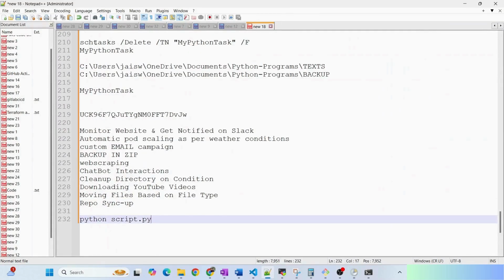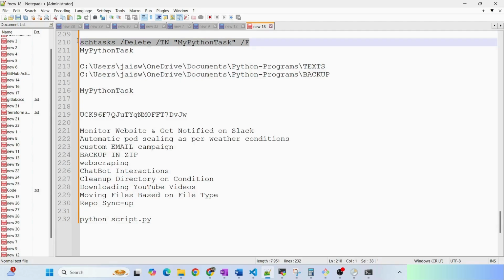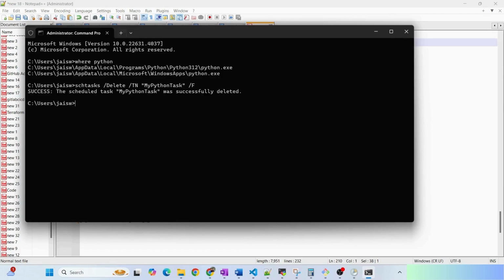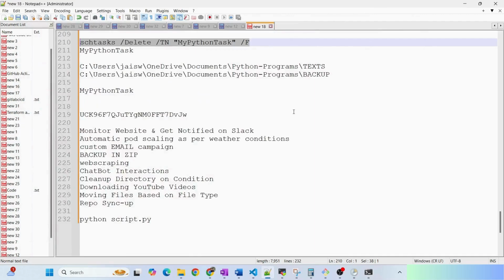You have to run a scheduled task delete, then the name of the task that you have, then /f. /f means forcefully, immediately delete the task. For example, if I copy here, paste here, you can see success, the scheduled task has been deleted successfully. So these two things you should remember, and now we can start understanding and seeing how the Python scripts